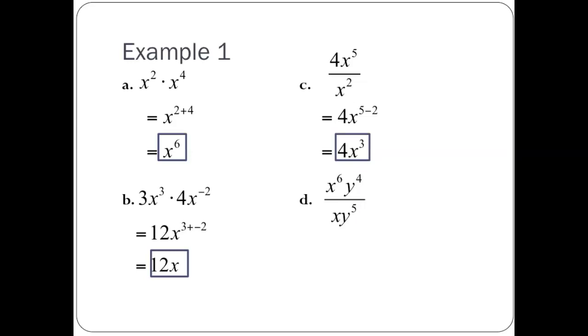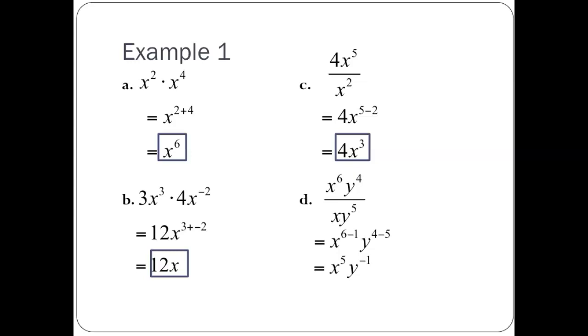All right, the last one on here, we have x to the 6y to the fourth over xy to the fifth. So here we have two different bases. We have x and we have y. So we're going to treat them separately. So start with x. We have x to the 6th and x to the first. We're dividing, so we're going to subtract the exponents. So this is going to be x to the 6 minus 1, and then y to the 4 minus 5. So simplifying this, we have x to the 5th, y to the negative first,